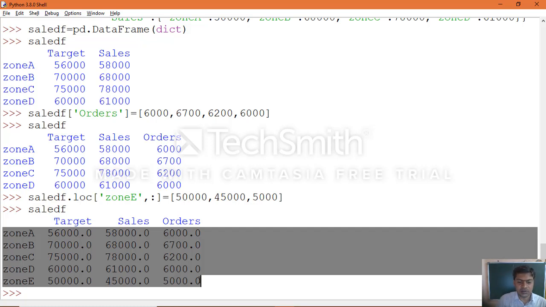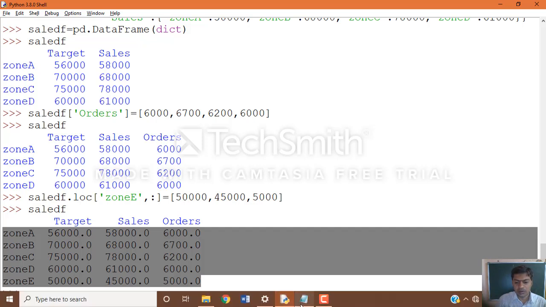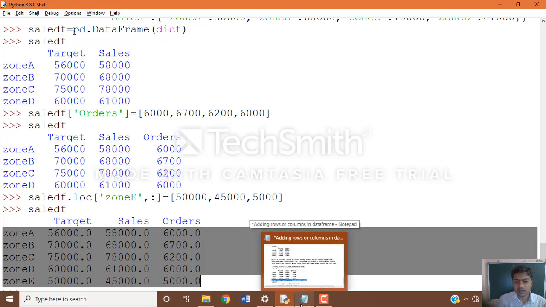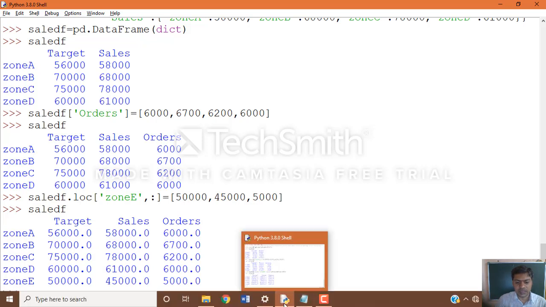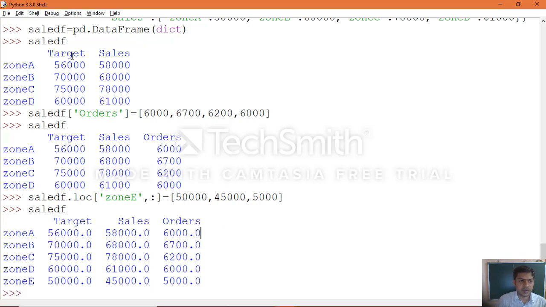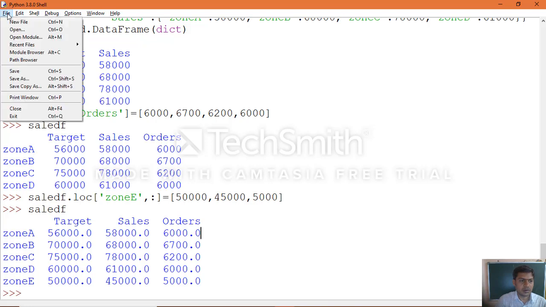The same thing you can execute through a script file. We'll execute the same example through a script file. Go to new file.